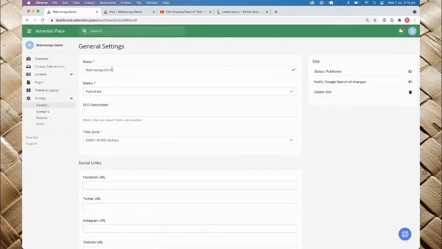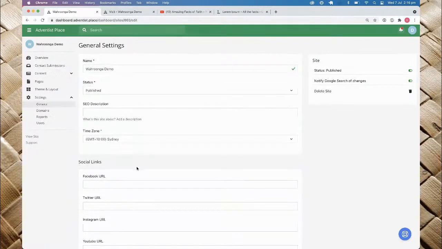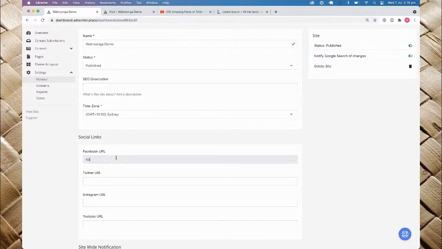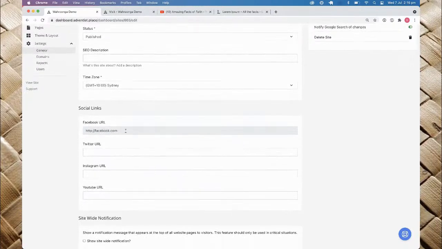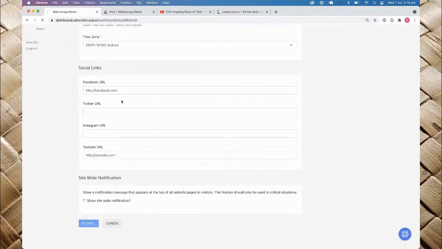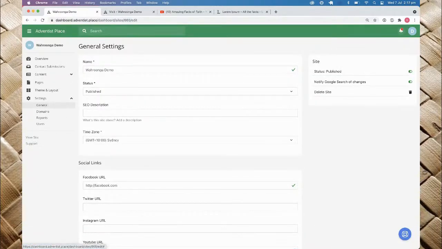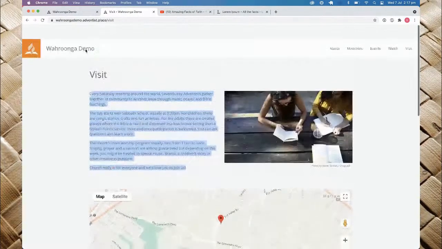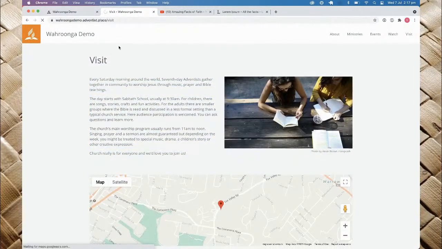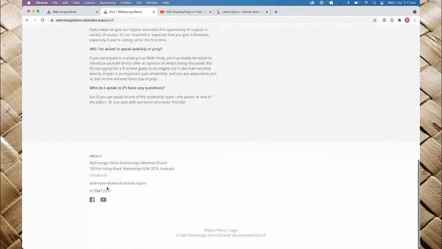Funny enough, this is where we can change the church name if we want to, that appears on the website. We can also add a link to our Facebook page, for example. Let's just say it's facebook.com, and maybe we have a YouTube channel as well. Let's just call it youtube.com, for example. Let's save that. All right, and now we can click view site again, or since I've already got it up here, let's just refresh. All right, and now we can see we've got some social links down the bottom so people can go off